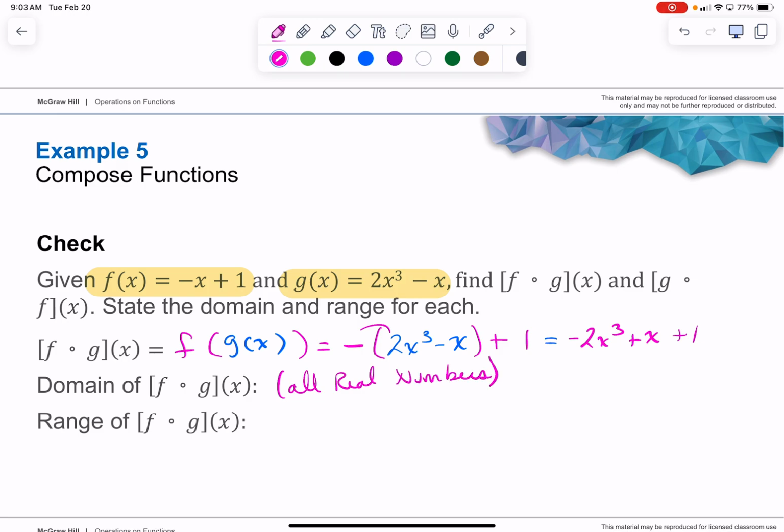And what's the range of a cubic function? It's also all real numbers,